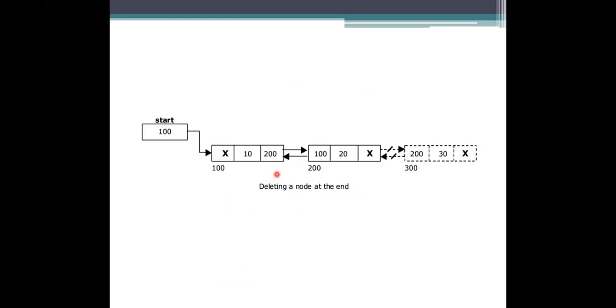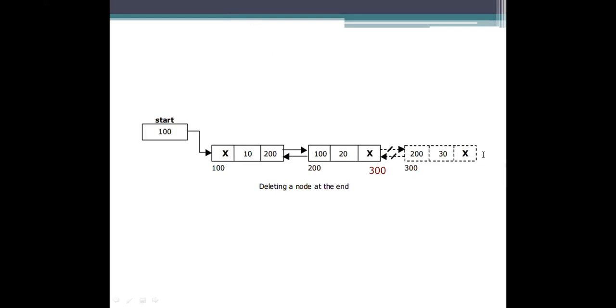So see here, this will be the left one and this will be the right one. Before deletion, it is considered as 300. So how am I going to delete a node at the ending? How can I know this node is at the end?